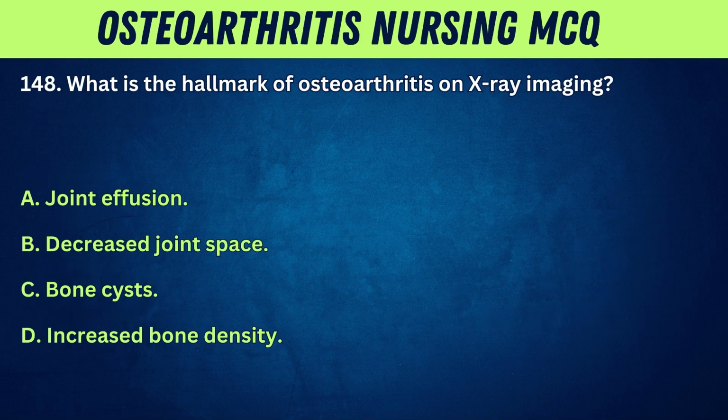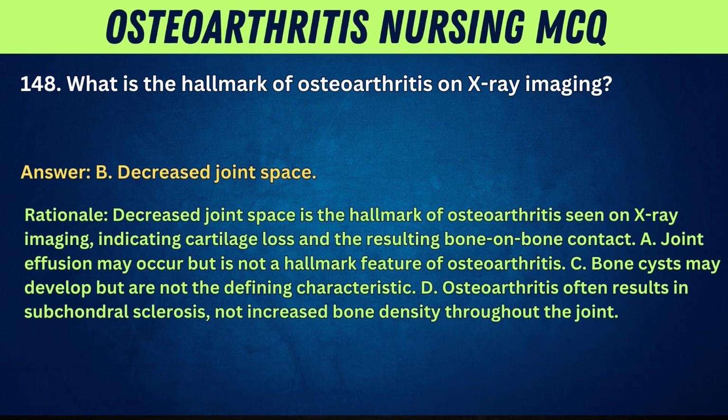148. What is the hallmark of osteoarthritis on X-ray imaging? A. Joint effusion. B. Decreased joint space. C. Bone cysts. D. Increased bone density. Answer: B. Decreased joint space. Rationale: decreased joint space is the hallmark of osteoarthritis seen on X-ray imaging, indicating cartilage loss and the resulting bone-on-bone